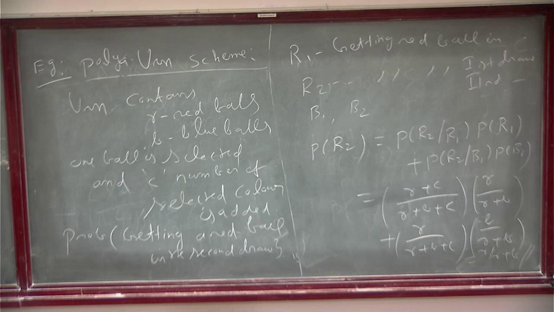Now P of A intersection B: the first one is even, and the second one is also even, so you have to choose only even from here. From the total number of events, it is 1 by 4. Both even is 1 by 4, right? There are 9 possibilities, and 9 by 36 is 1 by 4.